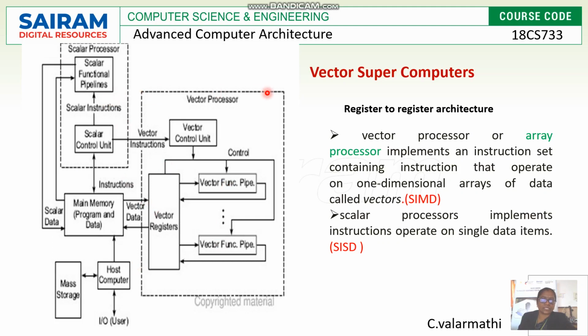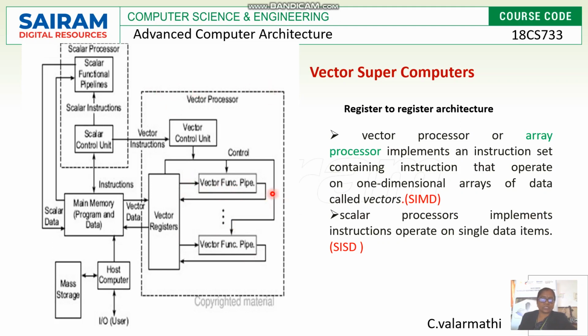On the right side you can see the vector processing model, which has the capability of executing the instructions in a vectored fashion. Here the instruction enters the vector data. Here vector registers are there. All the data and operands are stored in the vector registers. From the vector registers, multiple data are executed in a pipelined fashion using vector functional pipelines. So these will be treated as single individual streams of execution in a pipelined fashion.